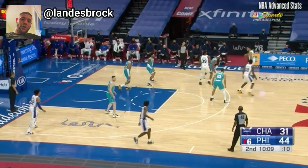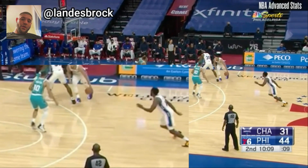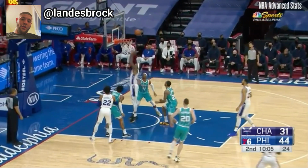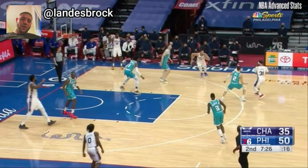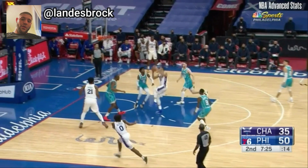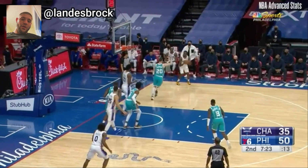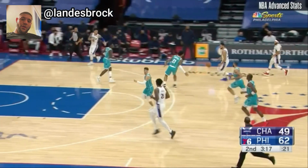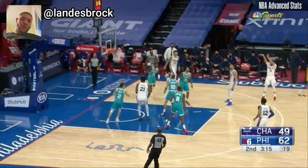Look at how defenses play him when he gets downhill. That help defense he draws leads to open looks for his teammate. If you follow the eyes on defense as Simmons gets downhill, look at where all of them are. He gets so deep into the defense that by the time the shooter gets it, he can comfortably gather, set, and release. Before the defense even gets set, someone's got to pick up Ben, and this generates an open look